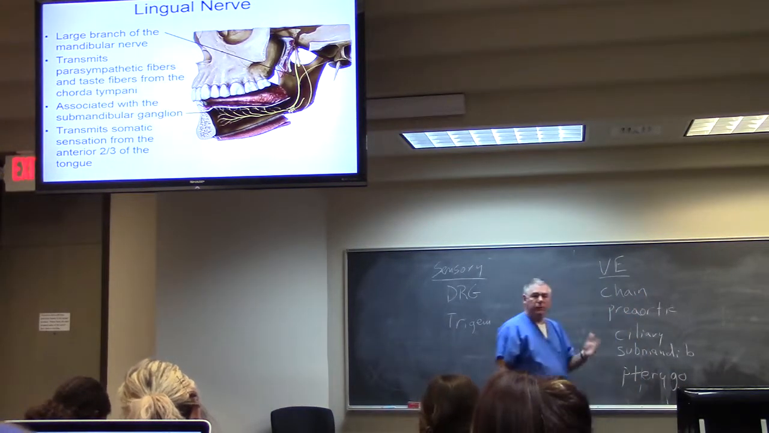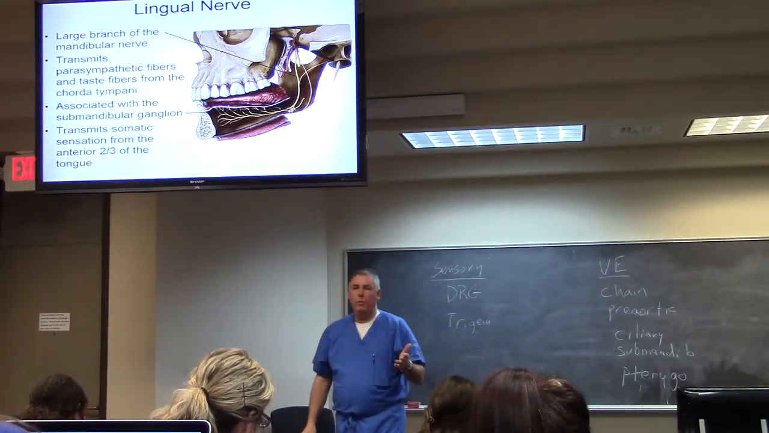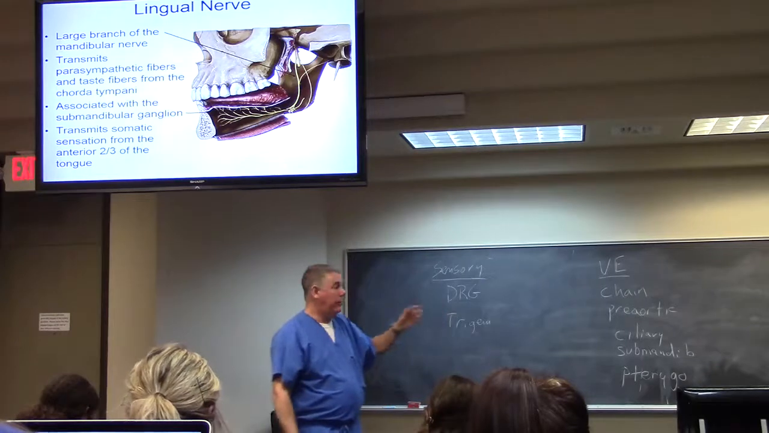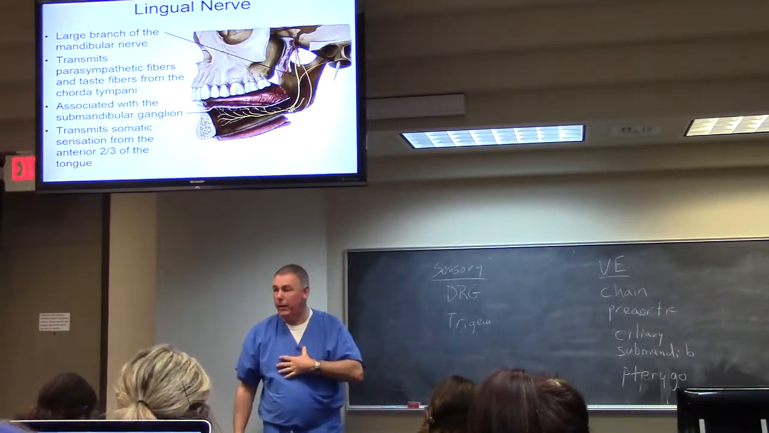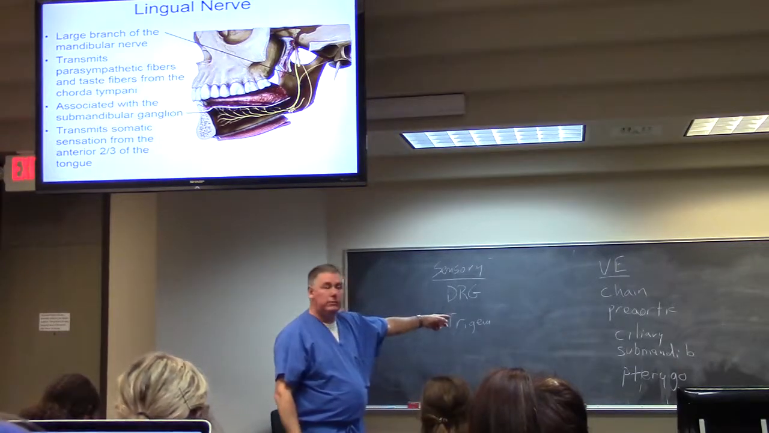And the only visceral efferent ganglion that would be left would be 9. We've got 10, the vagus goes down here, not in plane. 3 goes to the ciliary, goes to the